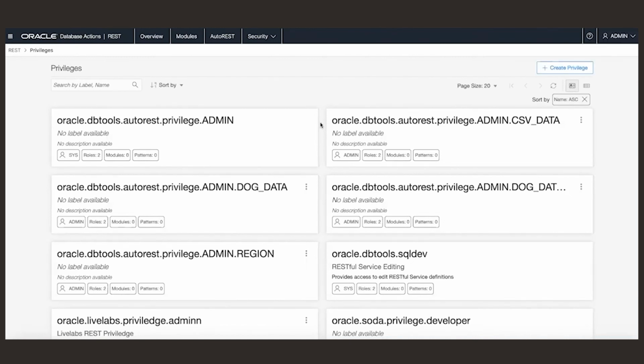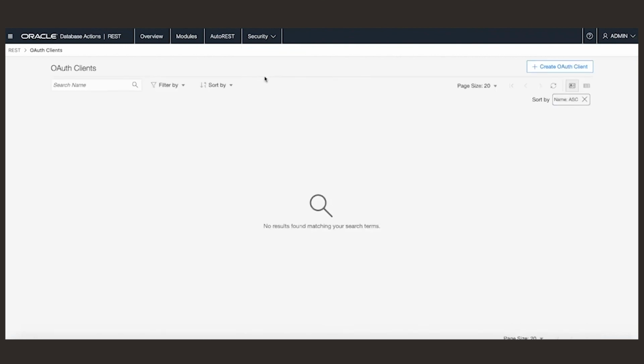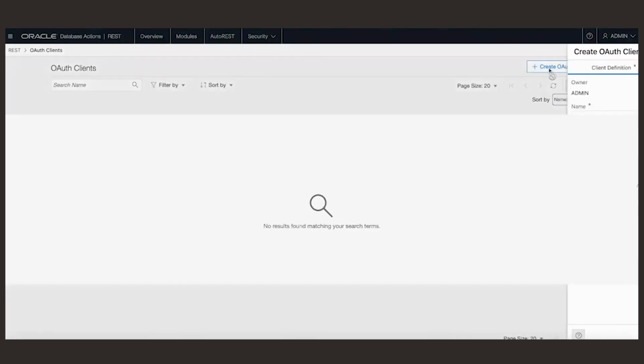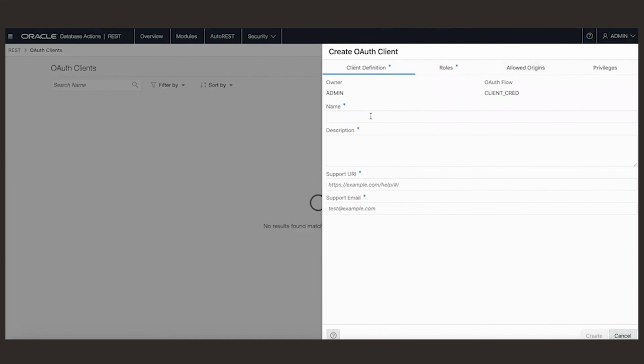All right. Next, I'm going to create an OAuth client. Still, the name is always the most hard part. OAuth client, let's just say. And then the support URL would be HTTPS.